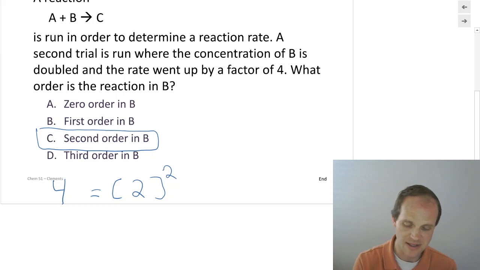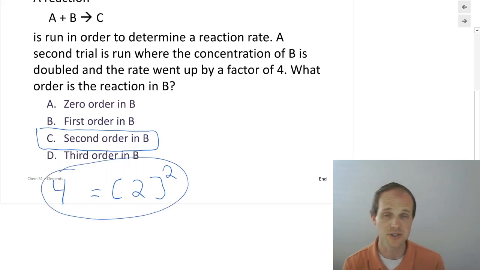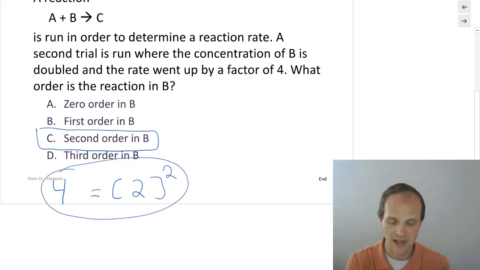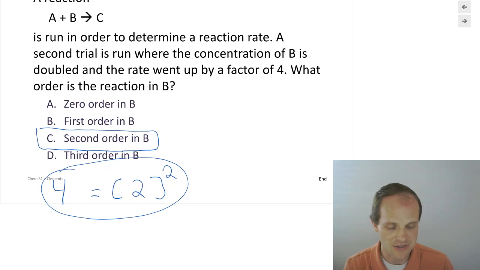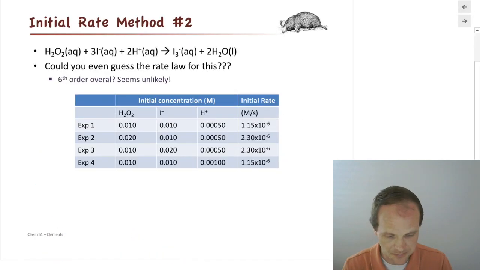And it really is this easy from a mathematical perspective. You really just can say, oh, I doubled the concentration, so let me just put that in parentheses and figure out what power I need to get the other one. Now, when we get to multiple things, when we're trying to find both A and B, it gets a little more difficult, but we can totally do it. And we're going to see some examples moving forward. But that's how we do it. Right? When we doubled our concentration, rate went up by a factor of 4, 2 squared. That concentration of 2 times 2 gives me 4 times the rate. All right, so that's second order in B.